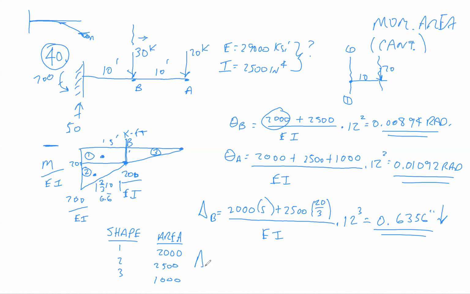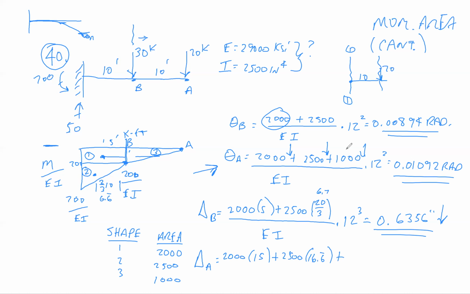Now let's try using these numbers for the deflection at A. We're using this equation for the areas, but then putting in what the multiplier is for the moment arm. So 2,000 times, now this time it would be about point A, so we're going all the way out to the end. Instead of being 5, it would be 5 to get us to B, and then another 10, so it'd be 15, plus 2,500 times, well, it was basically 6.7, so this is going to be 16 point repeating 6,